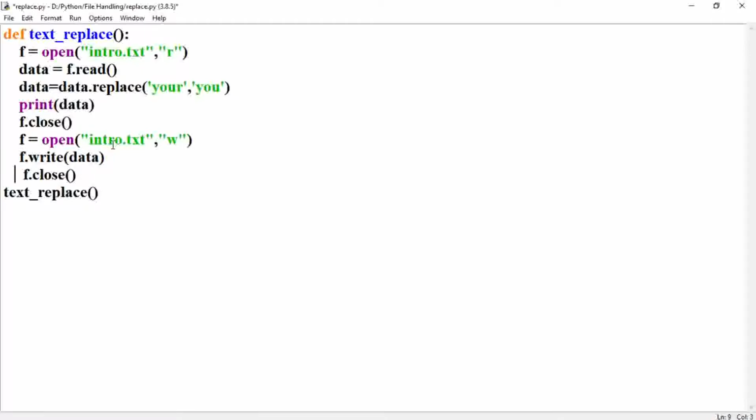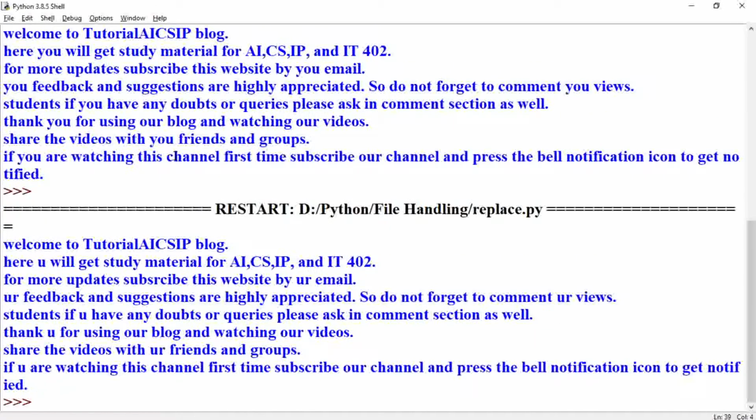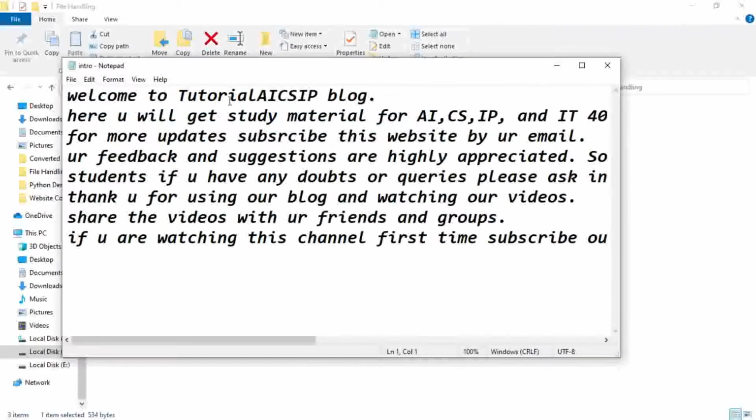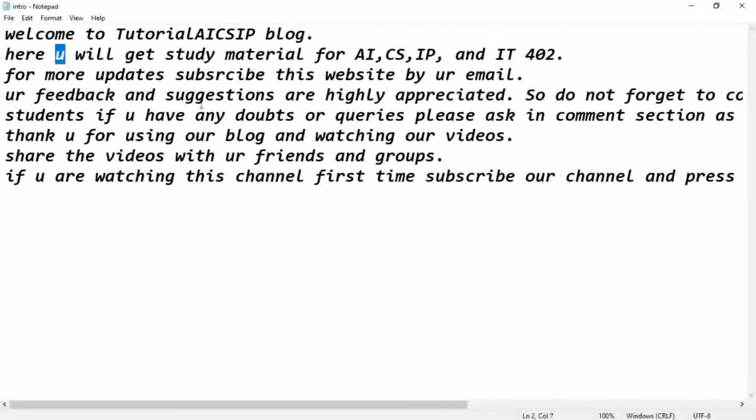So right now in the file only "you" is there, so I am going to change this "you" in place of that to "your", or something like that. You means this you. Okay, so here let me check that file. Let me open that folder and that particular file. See here, this u is changed, then this your u is changed, this your u is changed. So here you can see the replacement has been done very easily. So this way you can replace the content.